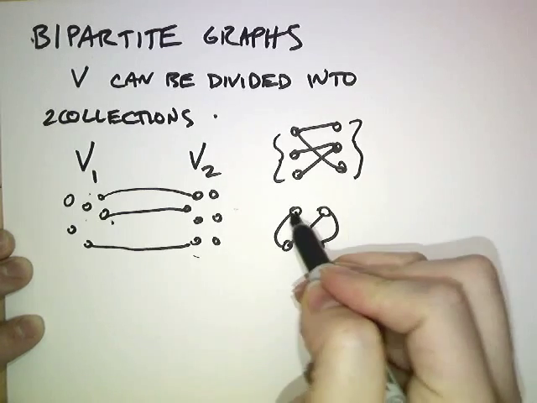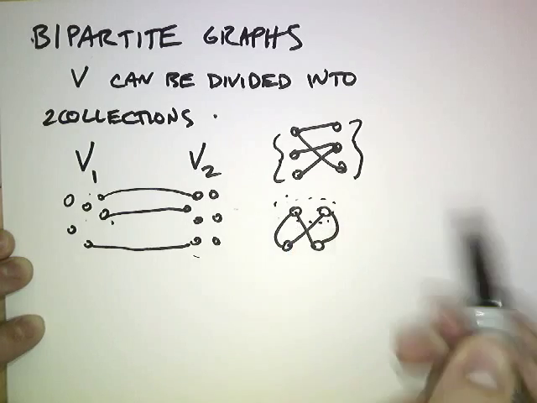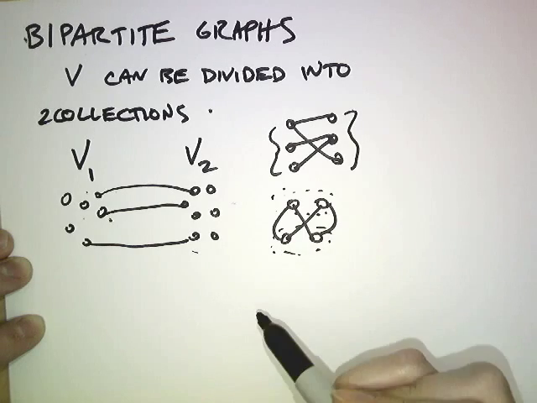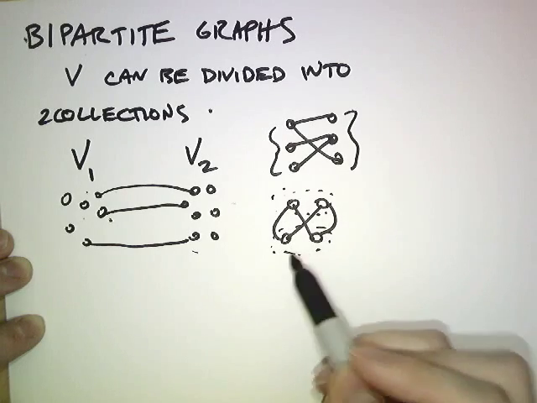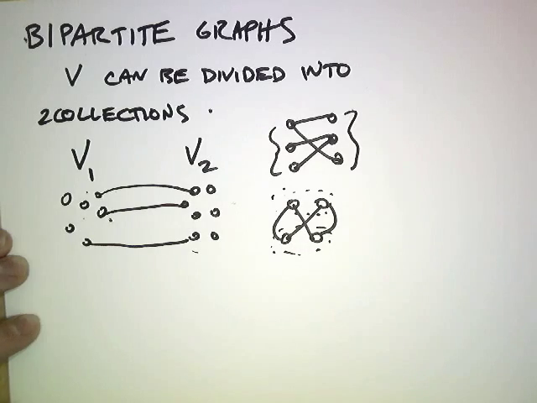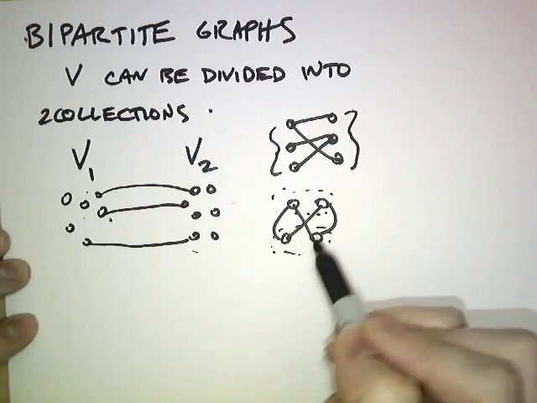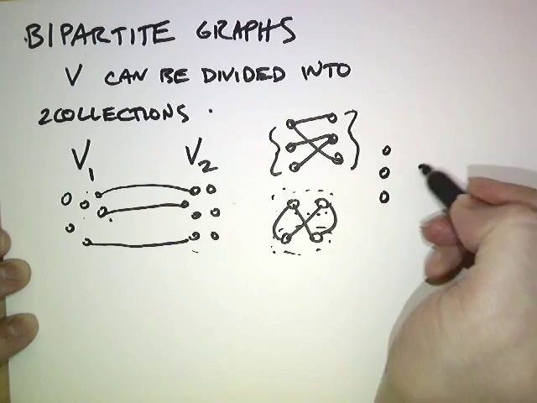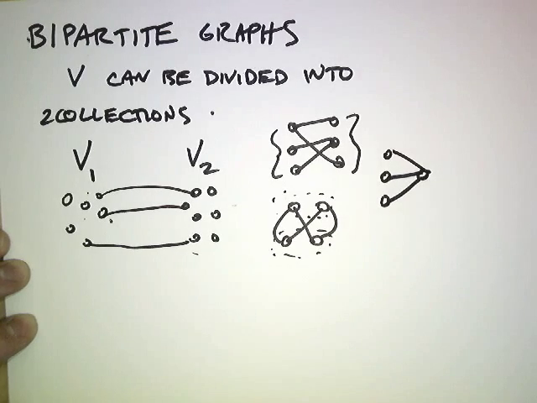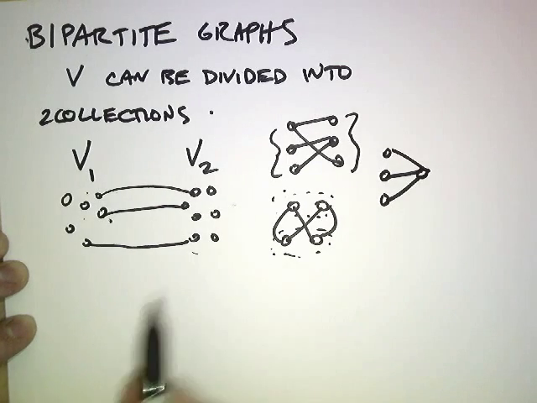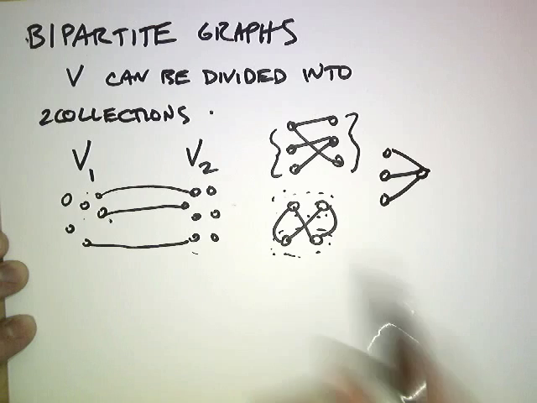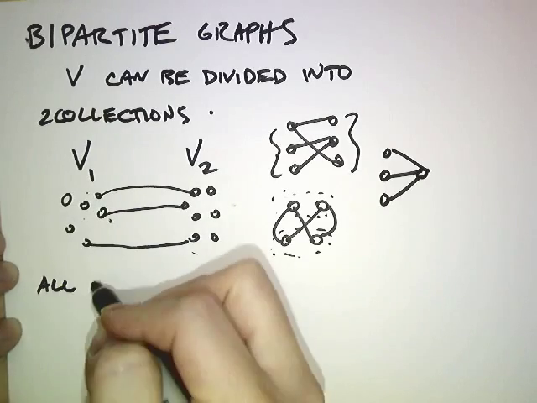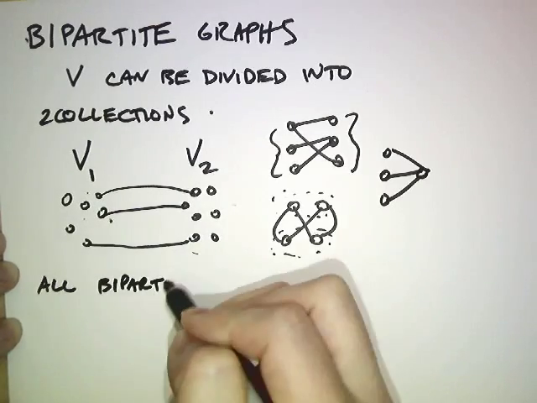Here's another bipartite graph. You have these two vertices. Notice there is no edge between them, and these two vertices. So there are two collections of vertices, and there are no edges among the vertices in each collection, so it's also bipartite. Another bipartite graph could be like this. Okay, so anytime you have this division into two groups of vertices,